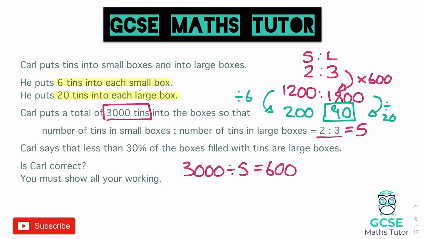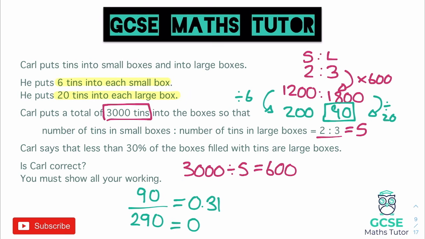Well, there are 200 small boxes and 90 large boxes. So that is 90 boxes out of a total of 290 boxes. So if we do 90 divided by 290 as a fraction, we get 0.31, and there are some more decimals there. I'm going to keep that as 0.31 because if we were to turn that into a percentage, that would already